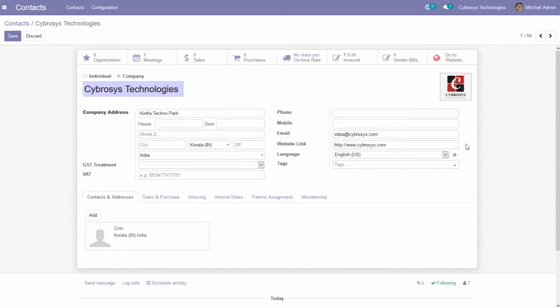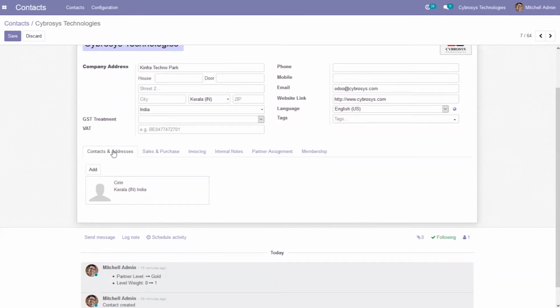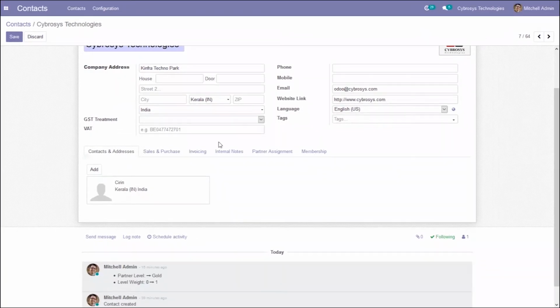And you can also set contact details like phone number, email, or mobile. So you can see the email, website link, and language are set. This is set at the time of creation of the company. Then below you can add contacts and addresses. So you can add new partner contact details. Just click on add.